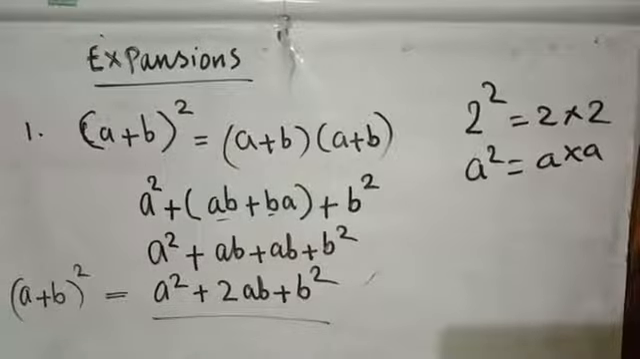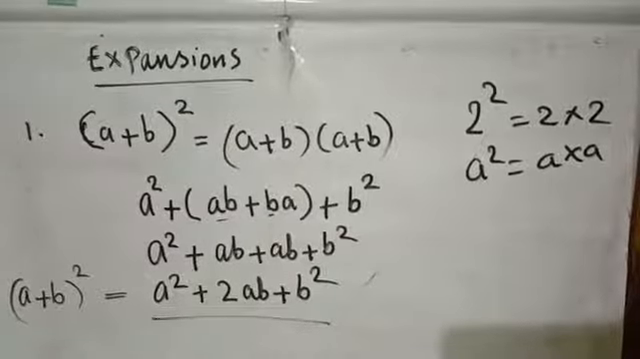Okay, how to do? A plus b the whole square means a plus b into a plus b. We want to multiply a plus b 2 times. Now normal multiplication. First, x plus a into x plus b, we already learned. What is x plus a into x plus b? X square plus a plus b into x plus